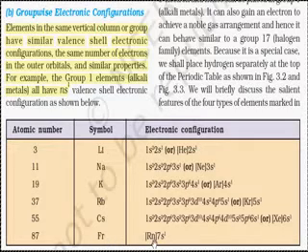You can write down the inert element and write down the valence shell electronic configuration. So here you can see the number of electrons in the last orbit. For lithium the last orbit is the second orbit, that is 2s1. So here we have 2s1, here we have 3s1, here we have 4s1, 5s1, 6s1, and here we have 7s1. So the general valence shell electronic configuration for group 1 elements will be ns1.